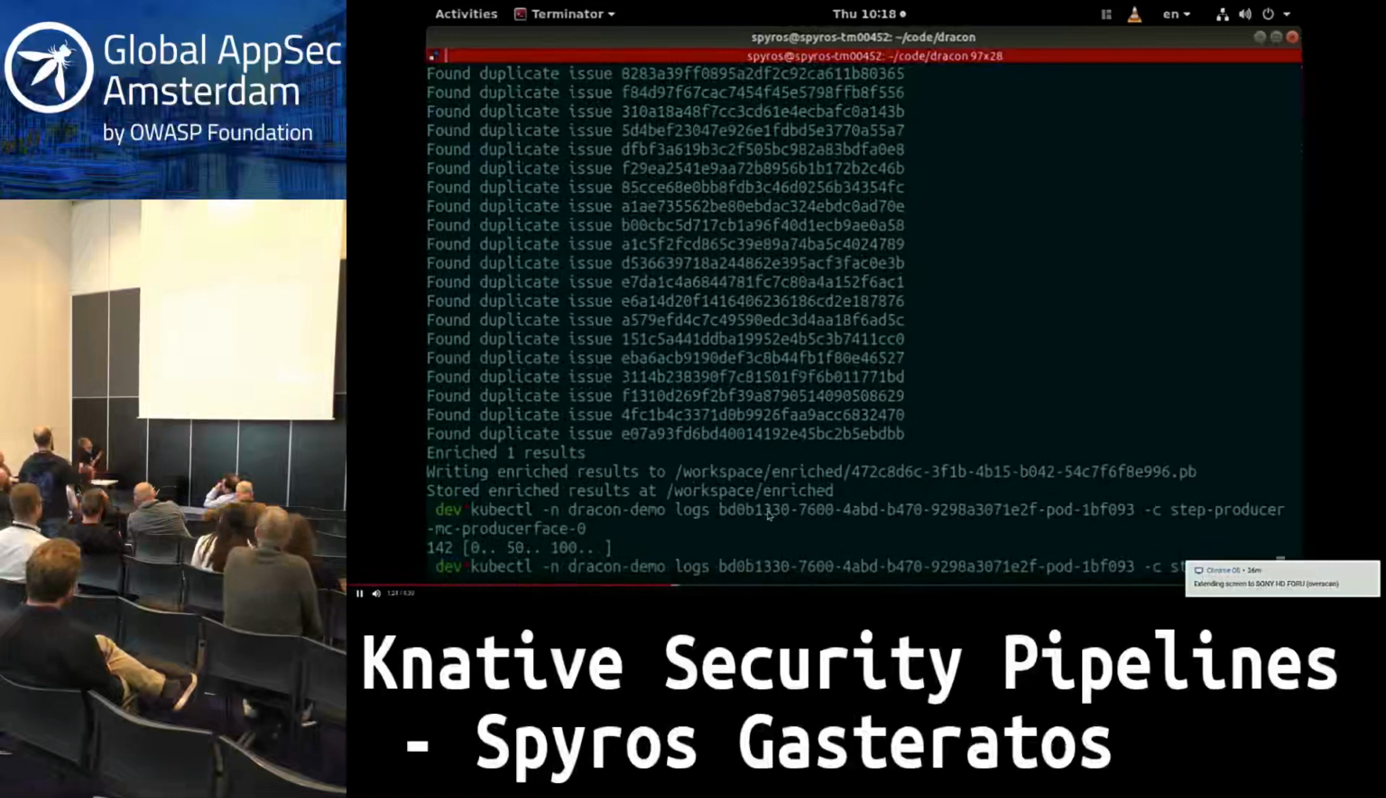So the second one is step producer mark producer phase 0, because my naming conventions are awesome. It ran Bandit. Bandit ran with 142. I think it's the plugin number, and then from 0 to 50% to 100%. From a producer, you don't need a lot of output. You just pretty much need to know if it ran or if you have a bug. And then if you continue,